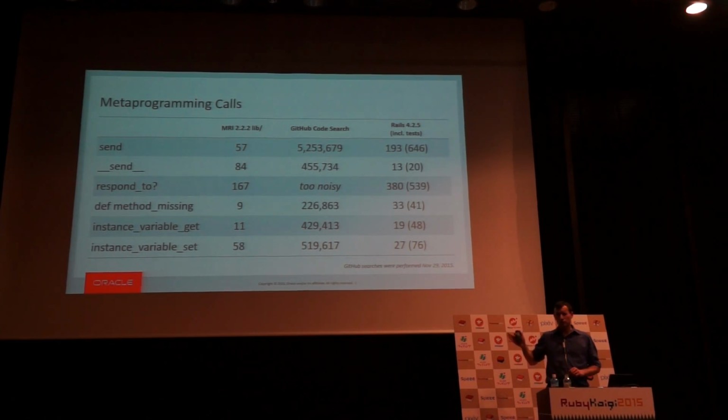The GitHub code search results are a little noisy. I'm subject to whatever GitHub code actually indexes and how they facet their data. For instance, in the respond to case, I couldn't even include results because GitHub code search doesn't index question marks, and Rails happens to have its own respond to helper that does something completely different and was filling up the results here.